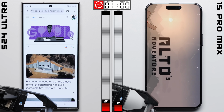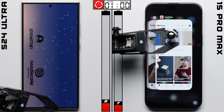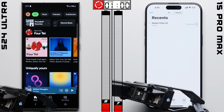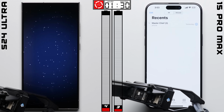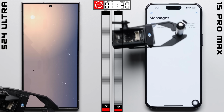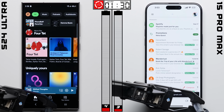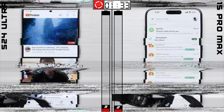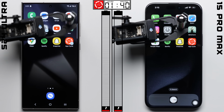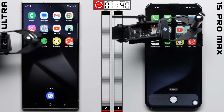And 1 hour later, oh man, it is getting close. The iPhone has cut down the Galaxy's 4-point lead down to 2, with both phones having less than 10%. Another 30 minutes into the test, and it's even closer now, with the Galaxy at 4%, with the iPhone right there behind it at 3%. So I don't know if the Galaxy is going to be able to hold on here. And another 10 minutes in, the iPhone is able to complete the comeback, with both phones hanging on with just